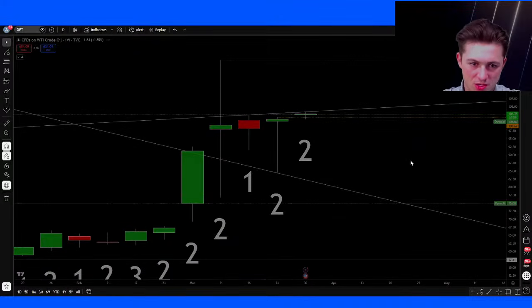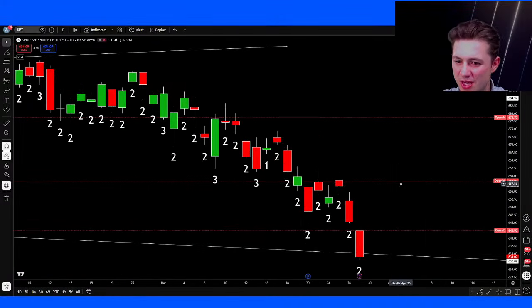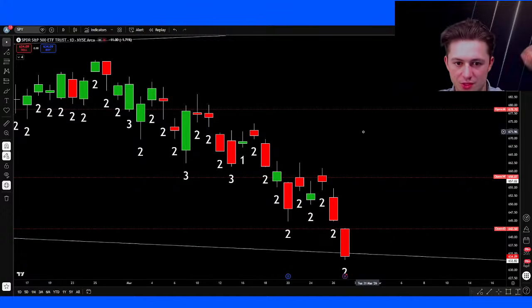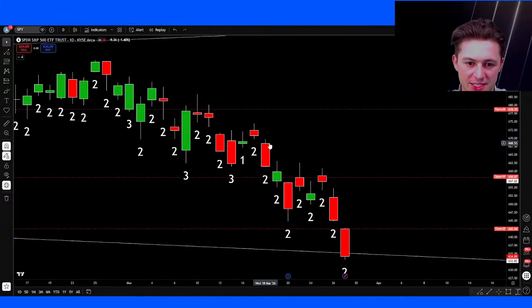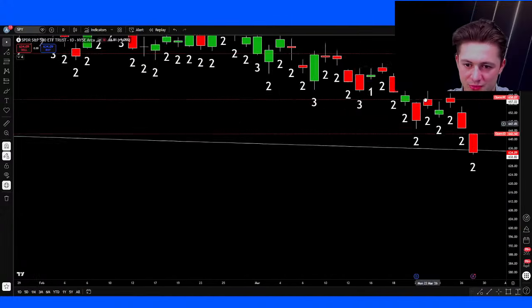The way gaps work, gaps show you that new information is hitting the market. So when a gap happens, its volatility is increasing. We just don't know if we gap. So for example,